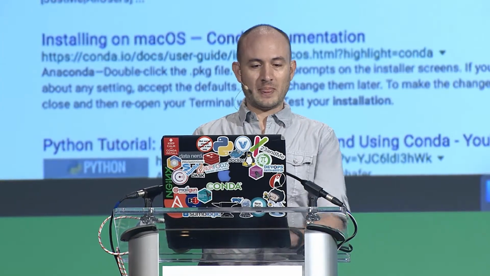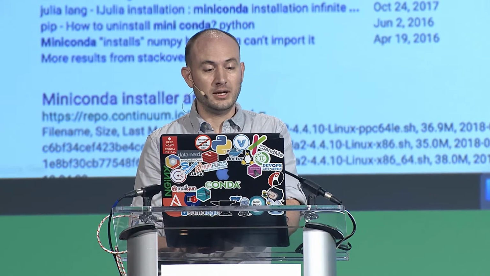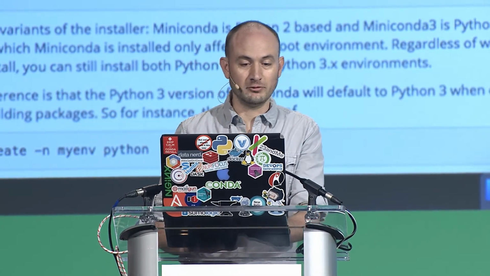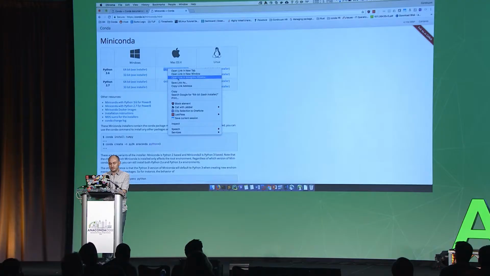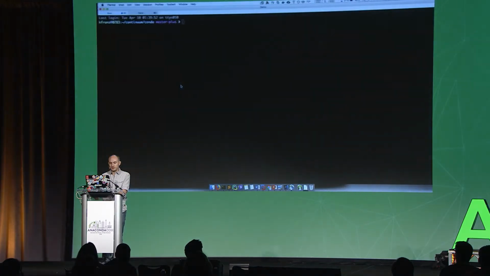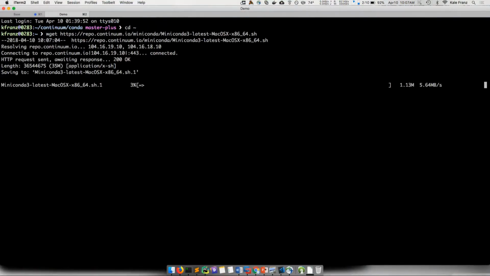So, all right, how do I install Conda? Easiest way is to Google it, because that's what I always do. Actually, when I want to bootstrap Conda, I'll just Google Miniconda and go to this first link because I can never remember what all to type in there. And then pick one of these and copy it. Just copy the link. I'm only going to do this here for everybody's benefit, just to see how fast it is. It's really fast to bootstrap this.